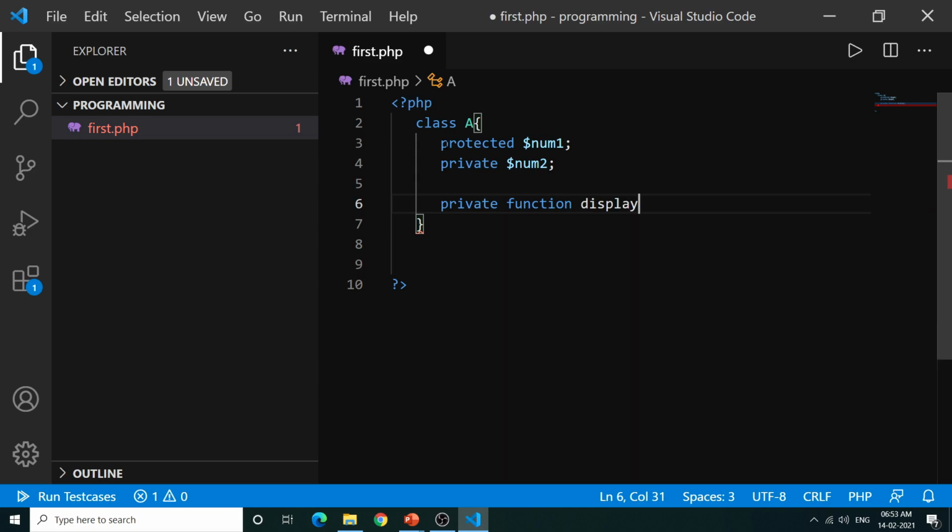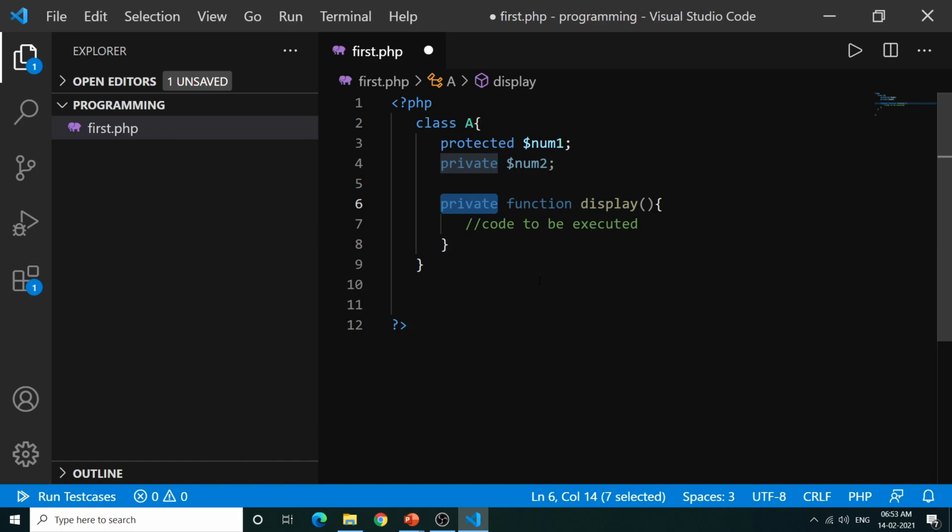Let's say I'm displaying something out, and here I can write the code to be executed. If I'm dealing with quite sensitive data and I don't want some other classes to access these variables and methods, I can declare them as private or protected or public depending on the